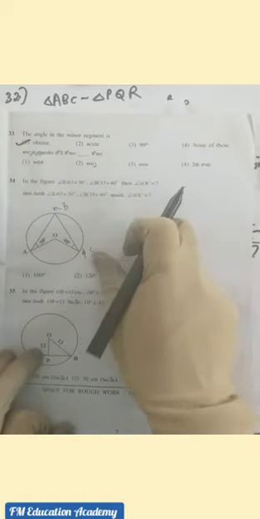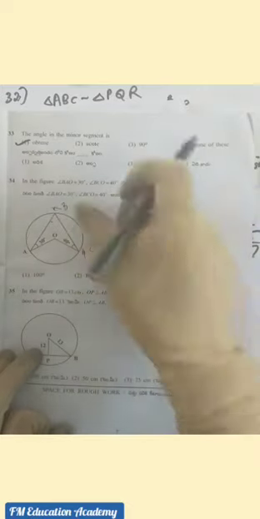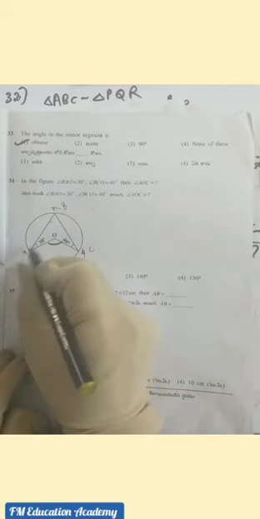This should be B and this should be C. Why? Because it is telling BCO is 40. BCO is 40 means this will be 40, but that is wrong, right? It is marking as 40. So angle B, this should be B, BCO is given as 40 degree. Then what is it asking? It is asking us the value of angle AOC.